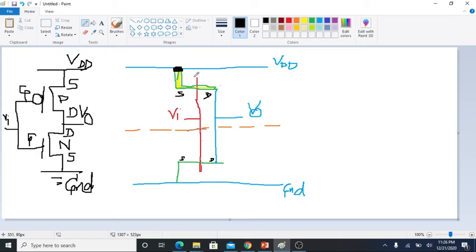Contact cut is made when a metal is joined with some other layer. A contact cut is made when a metal line is joined with some other diffusion line. So here metal to diffusion is being made. You will make one contact cut here. Here also metal and diffusion lines are getting joined. You will make one contact cut here. Here also metal and diffusion. You will make the contact cut here. And metal and diffusion, you will make one contact cut here.